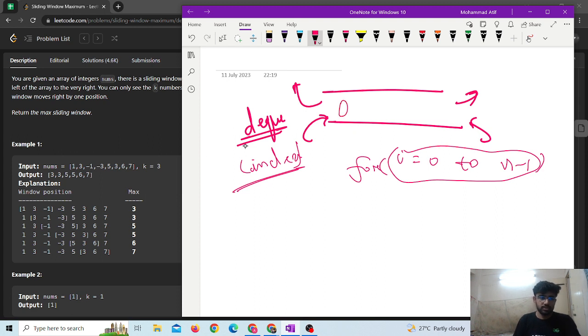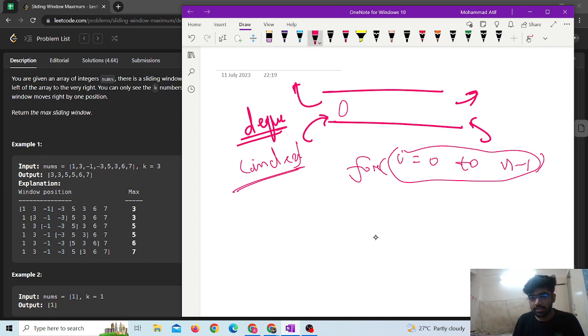Like suppose I will be at 1, so I will push 0, then I will be at 3, I will push. Now I will be talking about how we are actually going to deal with the indexes in the DQ. Whenever you find anything present in the DQ that is out of range of the current window,